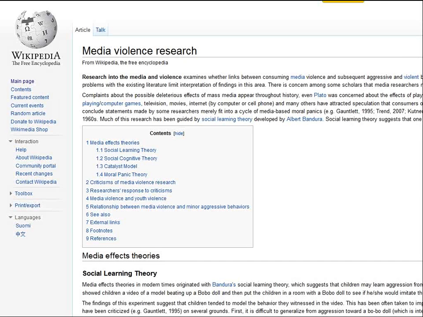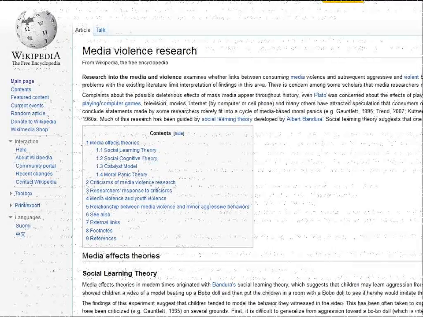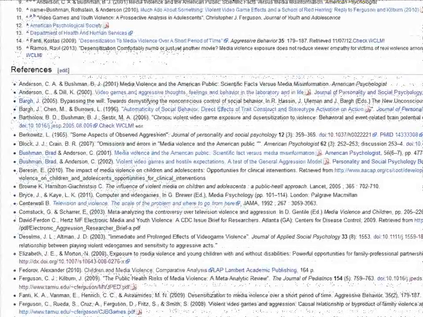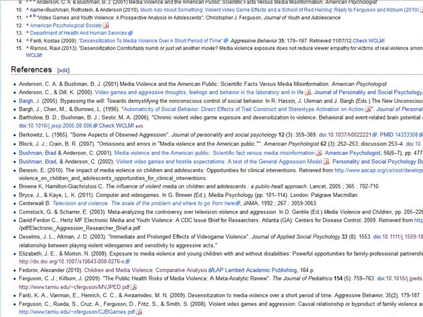Wikipedia articles need to be looked at critically as well. As I am sure you are aware, anyone, anywhere, at any time can edit the content in a Wikipedia article. While the article can provide a good overview of a topic, some Wikipedia articles have references. This article does. Several of these articles may be helpful for my topic. Let's look at a couple of them.